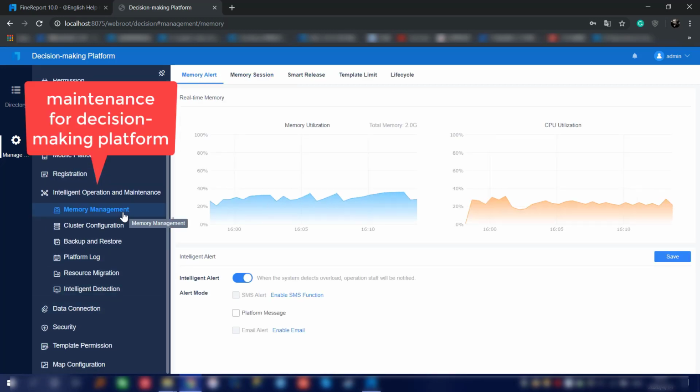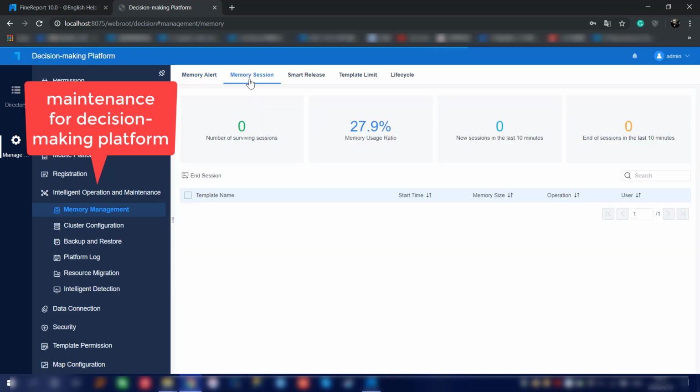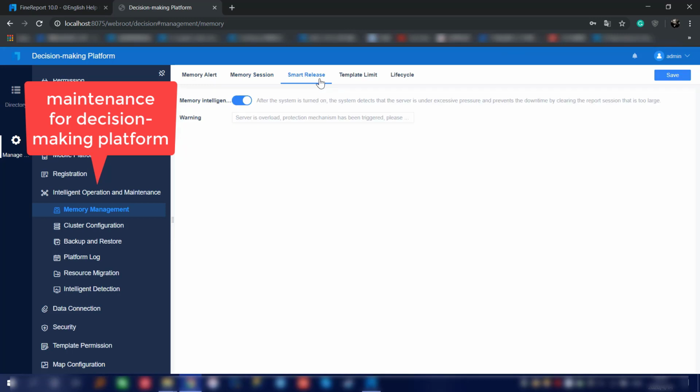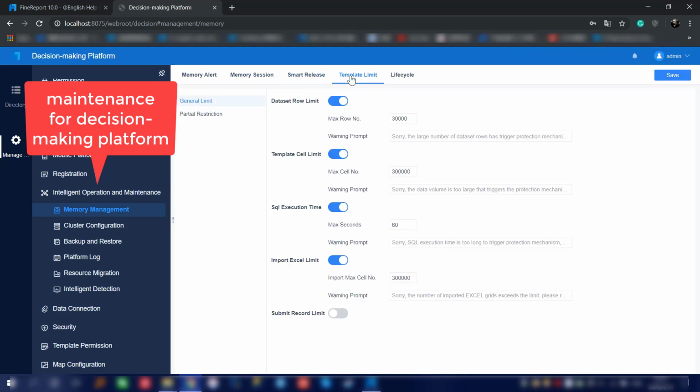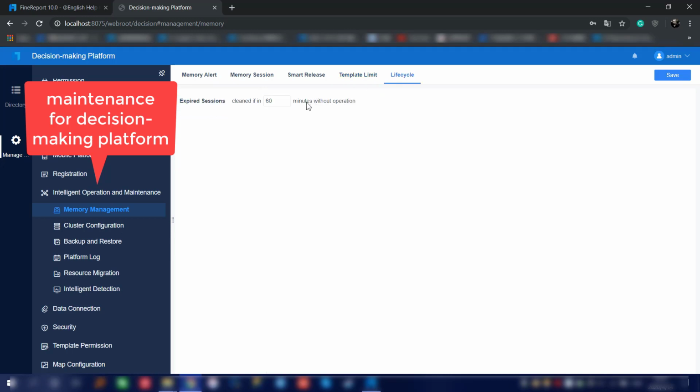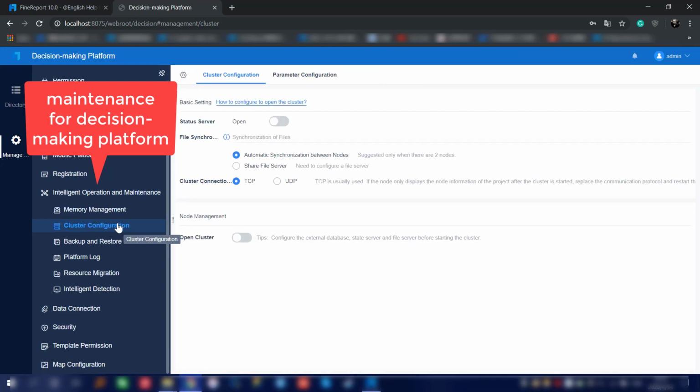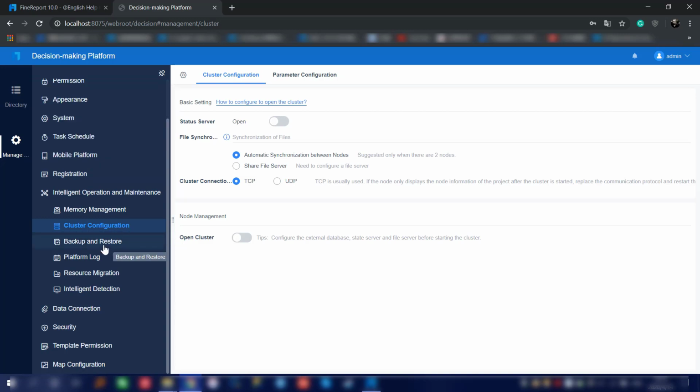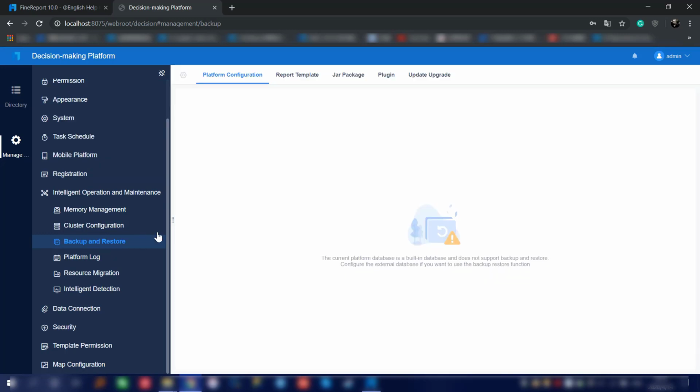In here, we have a couple of sections for the operation and maintenance setup page. Basically, this is just the daily maintenance system setup page. As you can see, we have the memory alert, session, smart release, template limit, and the life cycle. These are all the advanced settings for the maintenance. And for the enterprise level, we have the cluster configuration, also the backup and restore setup. Right now we're only using the built-in database,